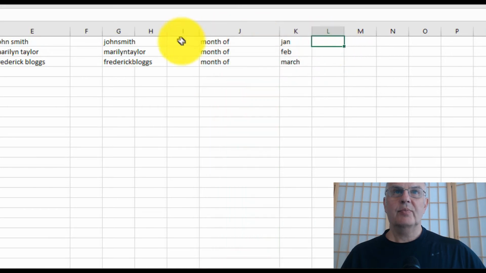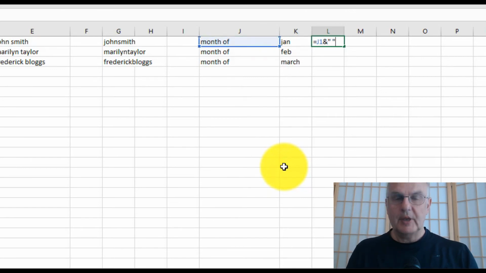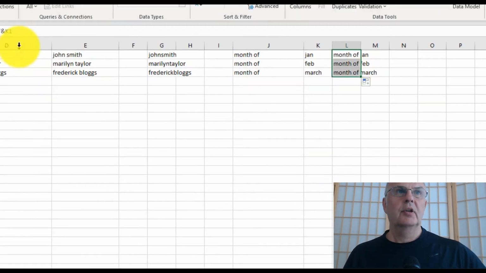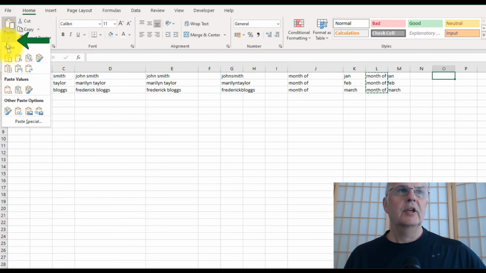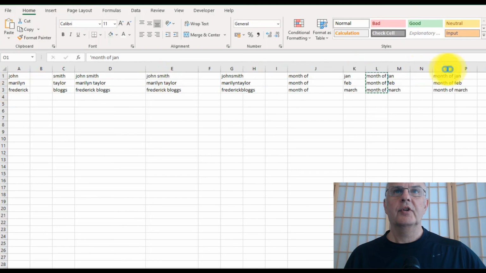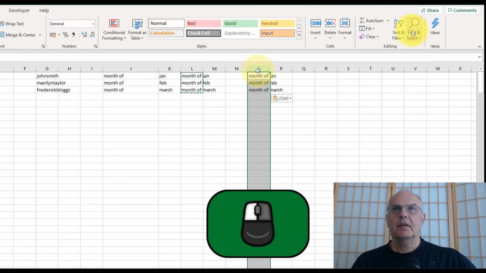So let's just put these back together again. So equals that and space and that one, drag it down, then copy there, paste values. So now we want to copy there, paste values. So the other way of getting rid of the month of is to left click there, click on find